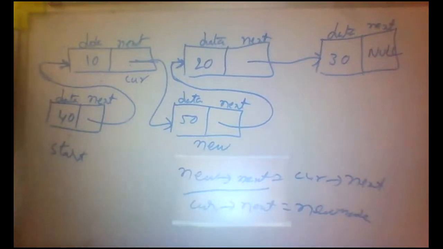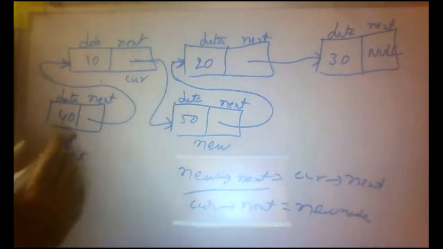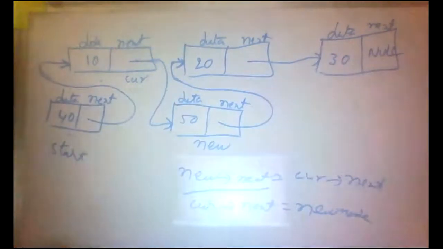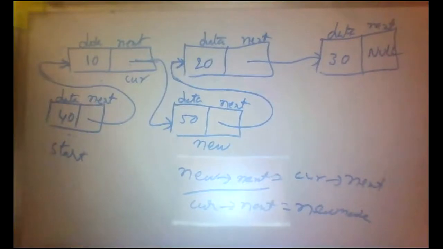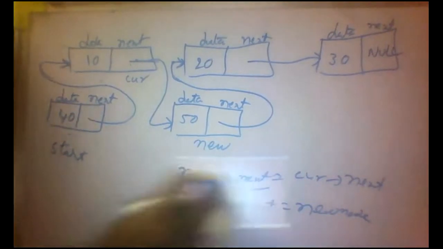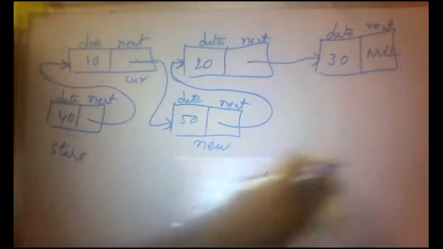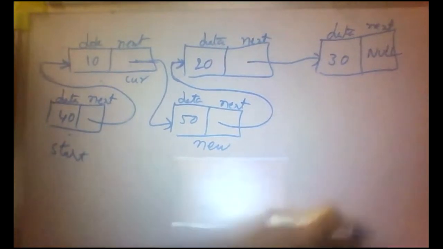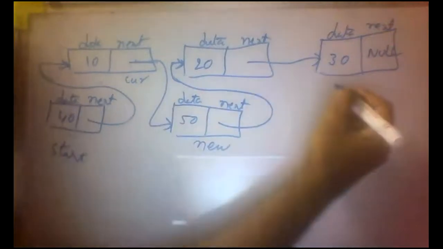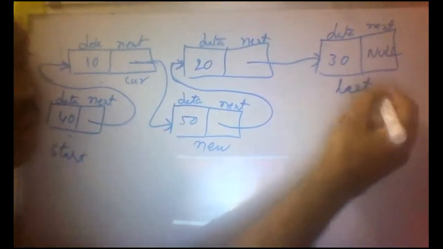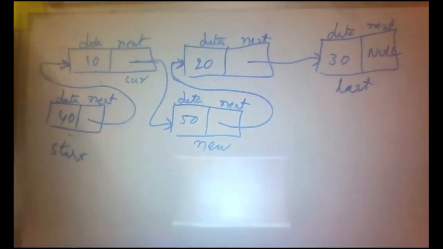And I want to insert an element at the end of the list. Middle of the list, starting of the list, then end of the list. End of the list, all of you. Then again here also we create a new node. We know this is the last node. Clear? So last to next equal to null.